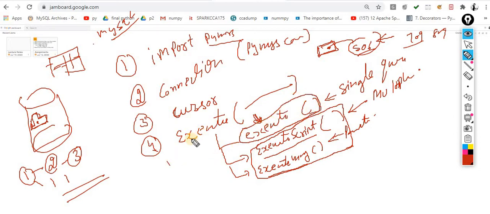So this is the fourth step, where you want to execute, that means you want to perform a set of tasks on the database inside the tables. Now the fifth step is commit or rollback. These are two steps. Commit means whatever changes I made, I have to commit. That means it has been done, fully done. I am making a commitment that I am doing it.